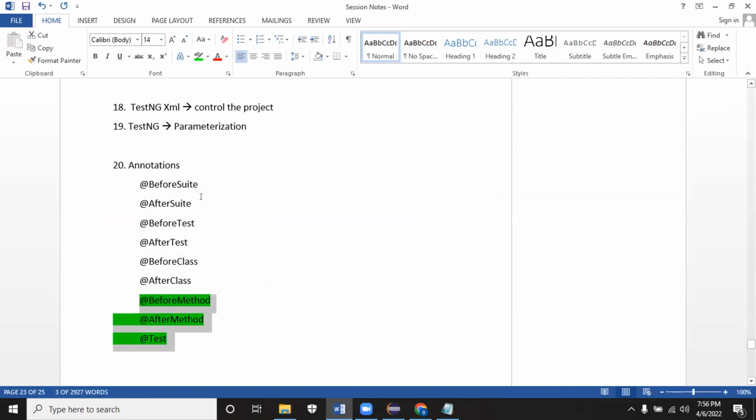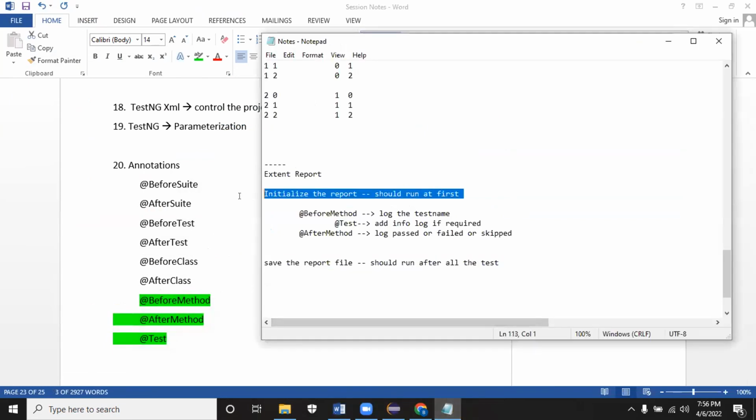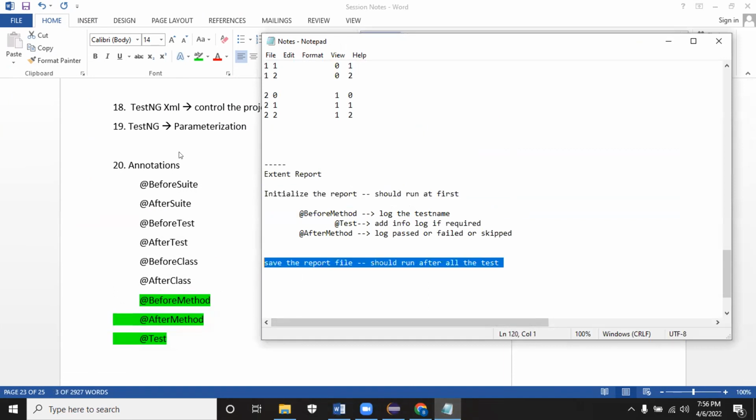And in this, I want to start it initially. So which one should we use? Only once, that too at the beginning, and also one at the end. So which annotation will be suitable in that case? It should run only once, in the beginning and at the end.